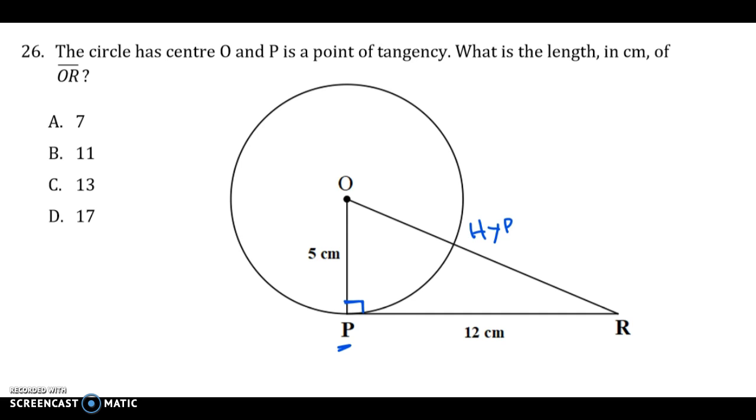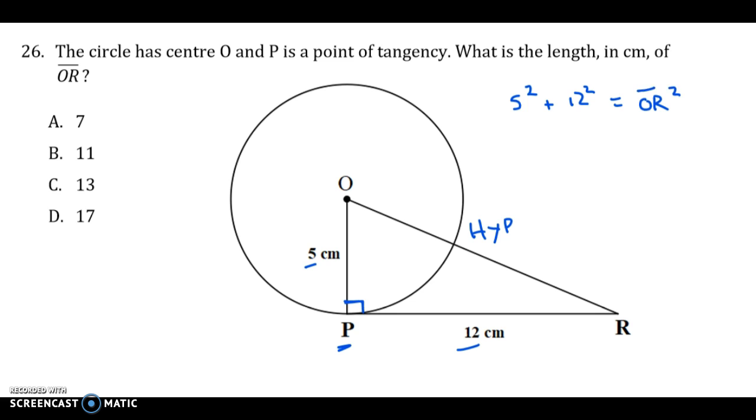So looking at what we have here, we have 5 centimeters, 12 centimeters, and those represent the legs of the right triangle. And we're looking for OR, which is the hypotenuse. So we can use the Pythagorean theorem for this. So what we would say is that 5 squared plus 12 squared should be equal to